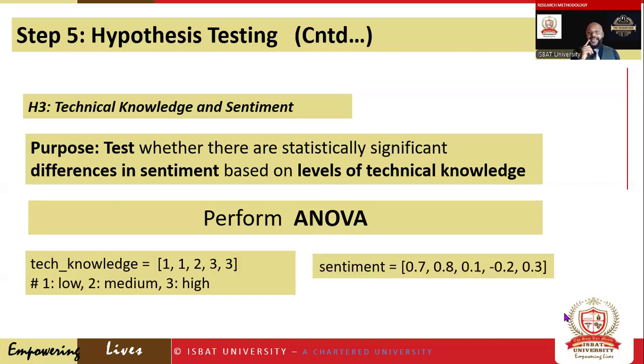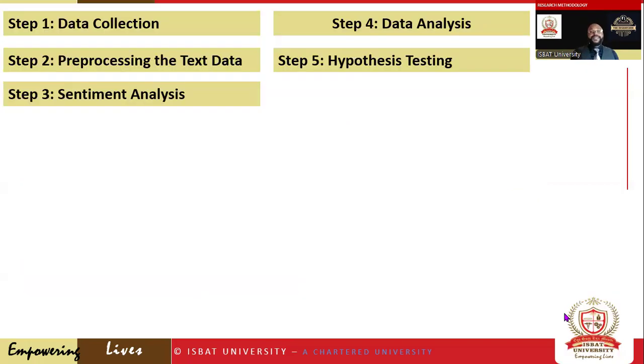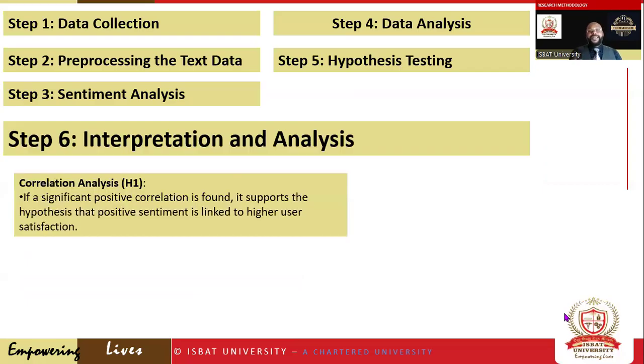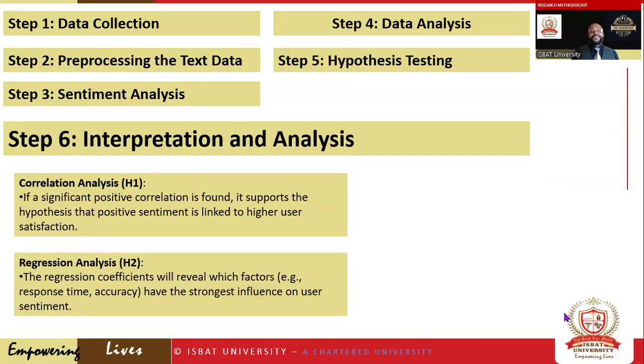Then sentiments also I can convert, because as I told you, we can do it using lexical analysis and the different Python libraries available. You can extract the sentiments. So I got different scores here, because for those 1, 2, 3, 4, 5 respondents, I've got my 5 sentiments. And from that, I'm going to interpret and do the analysis. So see, I have used the text data to create sentiment scores, and using that, I was able to go with my testing, my data analysis, and I can interpret my